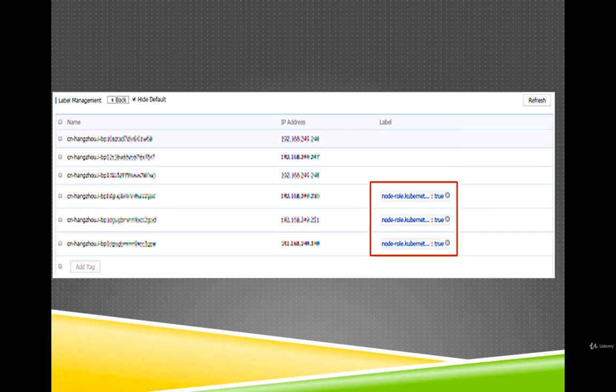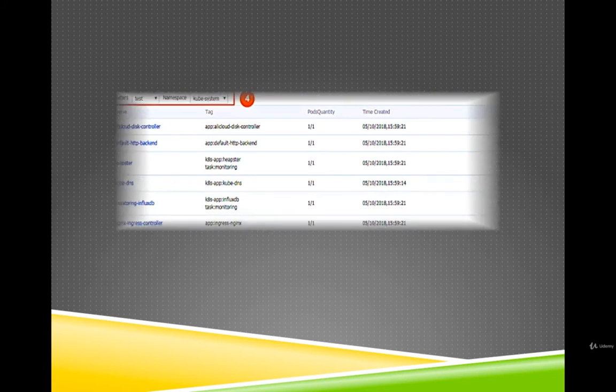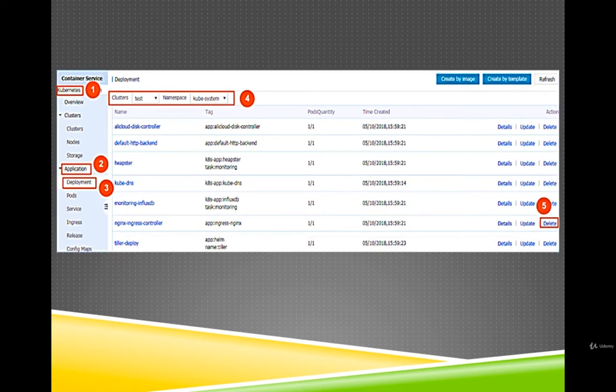Let's quickly move to step number 2, which is to create an ingress service. Again, log on to the container service console, click Kubernetes, go to application, go to deployment in the left side navigation pane. Select the cluster from the cluster drop-down list and kube-system from the namespace drop-down list, as you can see on the screen now.